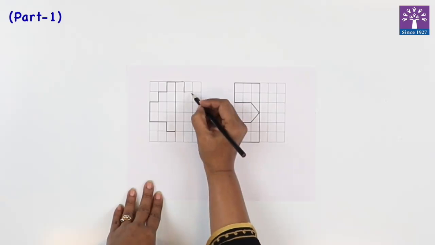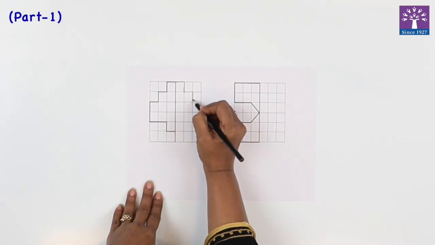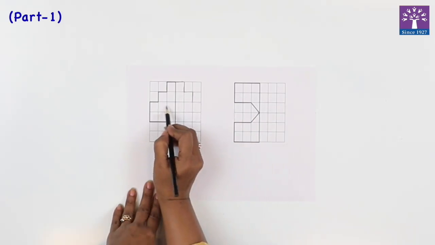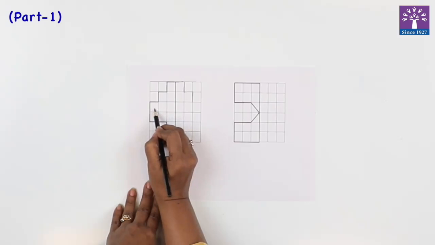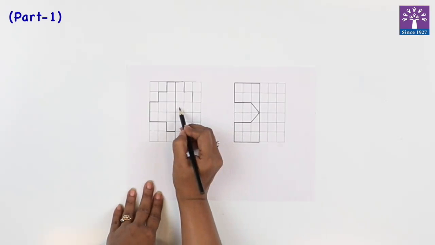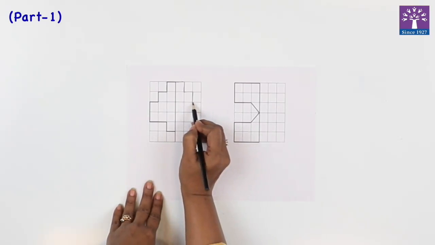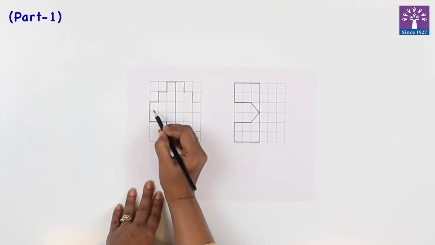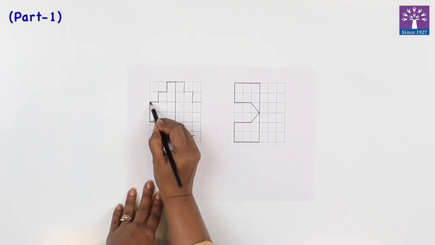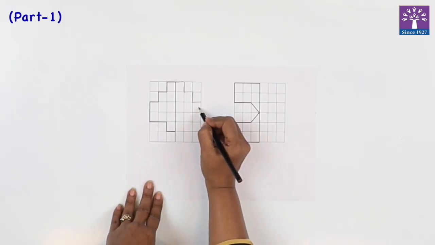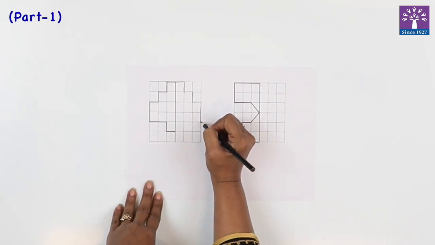Then again there is a standing line on the same square. Then we are counting 3 squares, 1, 2, 3. Similarly on the right hand side, 1, 2 and 3. There we go again, a sleeping line. Then here there is a standing line or a vertical line on 2 squares, 1 and 2. From this point, 1 and 2. So we will count 1, 2 and again draw a vertical line.